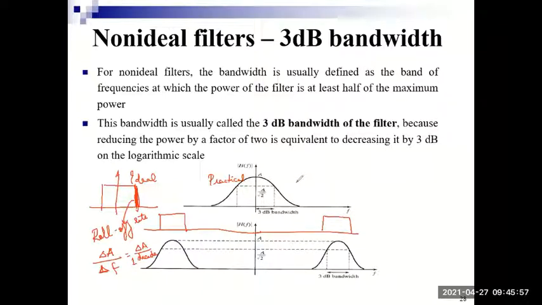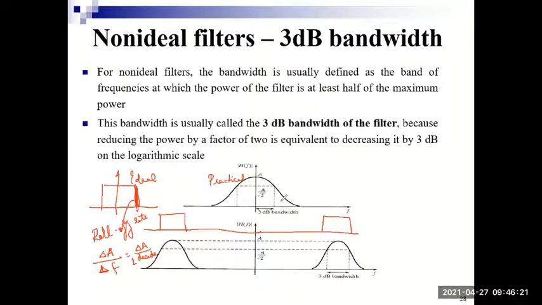Say from 100 hertz to 1 kilohertz, or 1k to 10k, or 10k to 100k. Whenever there is a change in the frequency by a factor of 10, we say it is 1 decade of frequency. So the change in gain divided by 1 decade, that's how we define the transition band or